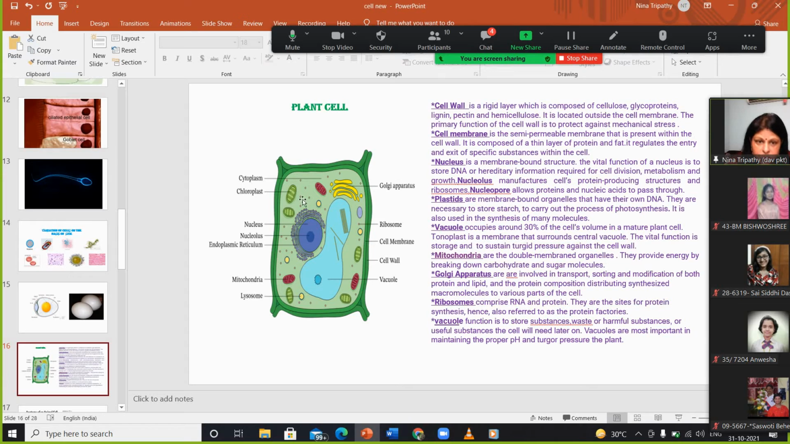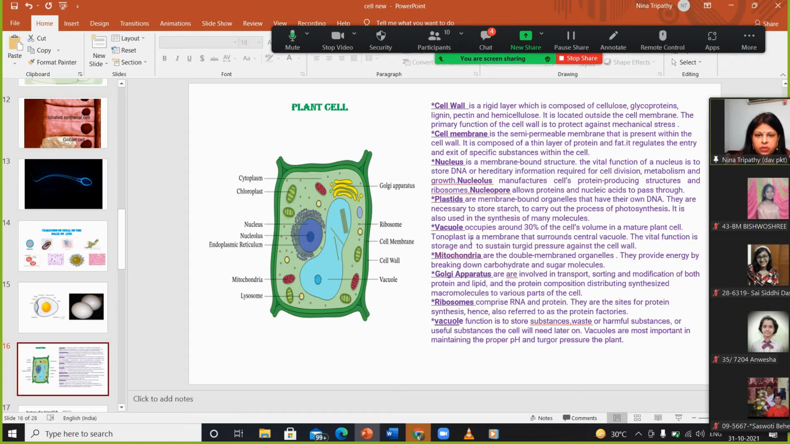Then the plastids you can see here: the chloroplast, chromoplast and leucoplast. Chloroplasts are the green plastids, they contain the green pigment. When we discuss this in detail, we will go through all the structures. Then the vacuoles are there. Vacuoles are mostly prominent in the plant cell, and their function is mostly towards storage and sustaining the turgid pressure